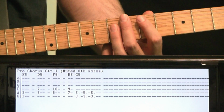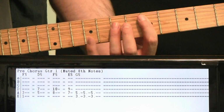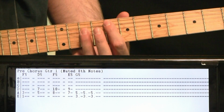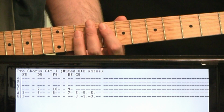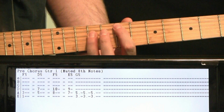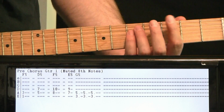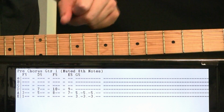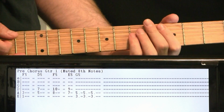Alright, keep it going. We go to the F again, but at the higher voicing. And we're already halfway there, so we can just take it up to this voicing at the 8 on the A, 10 on the D. Alright, and then just down a fret for the E at the 7 and 9. It's just one measure of that E, and then we just move over to this G power chord, and no muting here. We just get more dynamic with this, just 1, 2, 3,